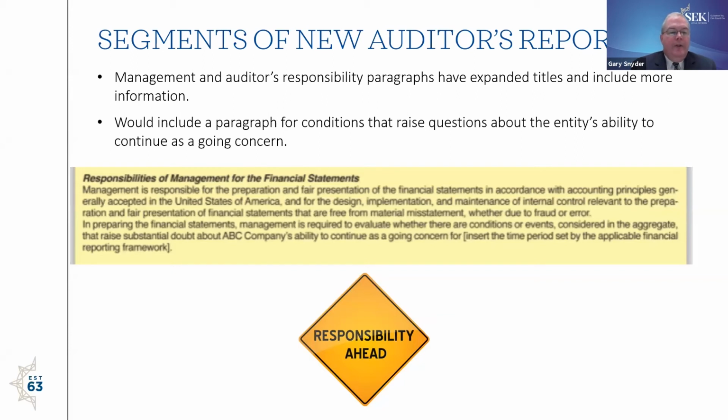And this is new. In preparing the financial statements, management is required to evaluate whether there are conditions or events, considered in the aggregate, that raise substantial doubt about the company's ability to continue as a going concern, and it's typically 12 months after the audit report date. So if there was any doubt about the condition of the entity to continue as a going concern, that would be a separate paragraph, but this is included here and in the auditor's responsibilities, basically identifying that management and the auditors are required to evaluate whether conditions or events, considered in the aggregate, raise substantial doubt about their ability to continue as a going concern. So that is new and was not there before.